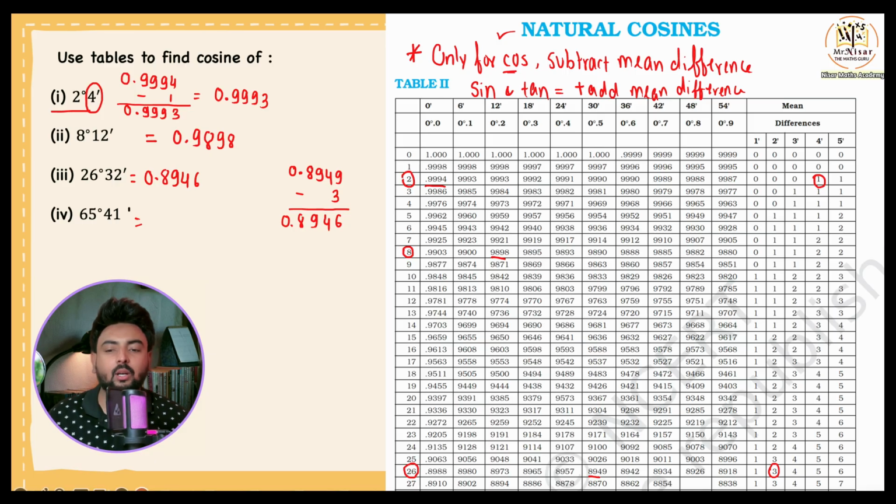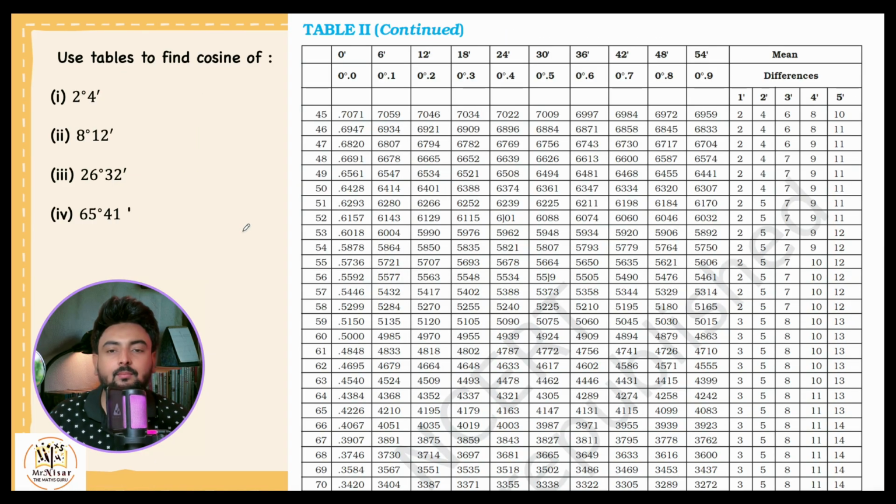So let's go ahead to the next screen. Now there is 65 degrees 41 minutes. So see, again in the cosine table, 65 degrees. Where is the 65 degrees? Yes, we got 65 degrees. Then 41 minutes. Do we have 41 minutes? No, we don't have 41 minutes. So what we'll do, we'll go to 36. So 36 is this one. Okay, so I'll write here